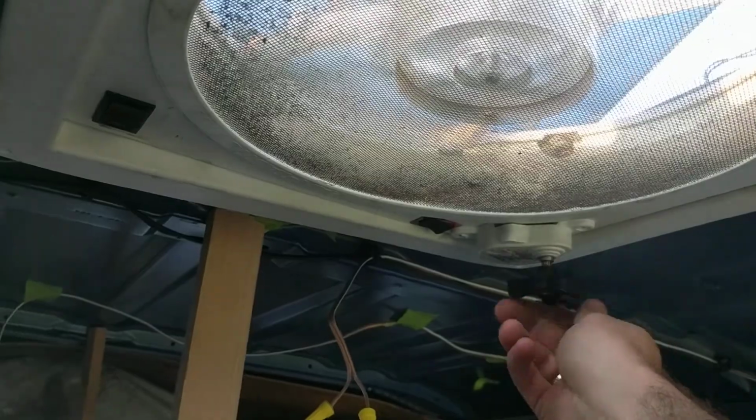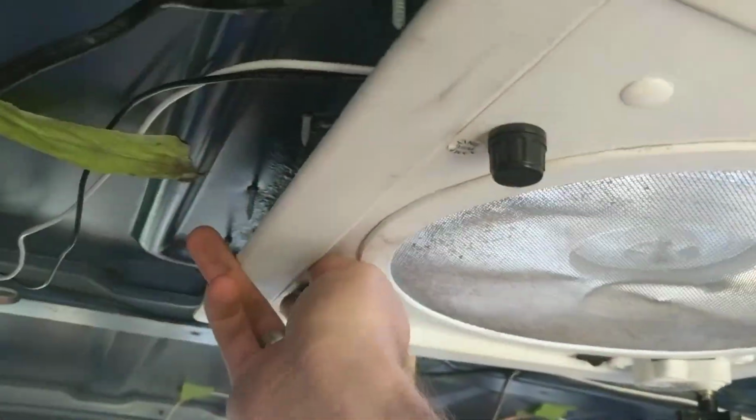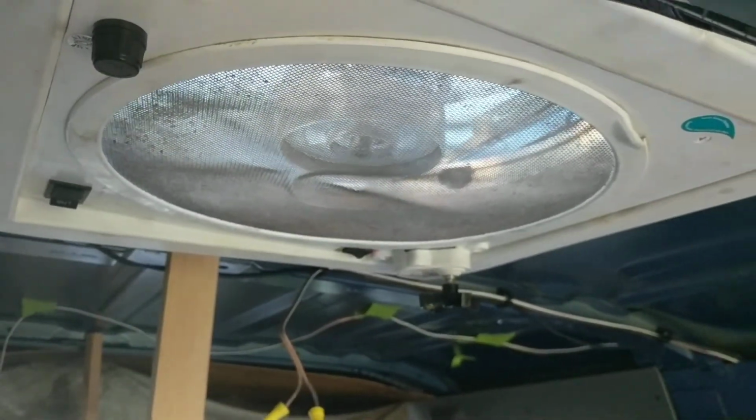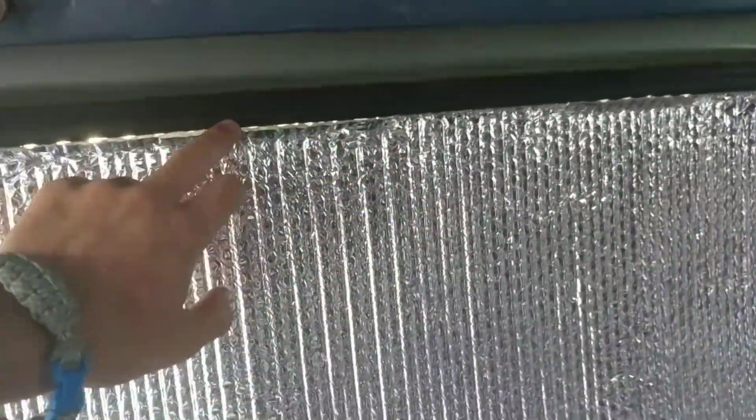And when I close this, it shuts off. We're still going to shut the switch off just in case. But yeah, I have a working fan. I'm thoroughly enjoying it. You'll notice over here, I still have a little bit of light coming in, but like